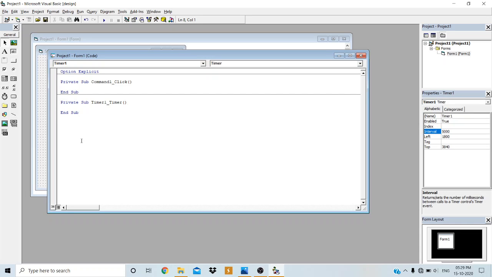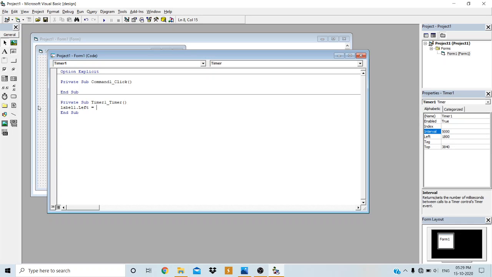Now see here, label name is label1 dot, what property I have to select to move from left to right? Label1 property called left property. Just observe here, label1 dot left is equal to label1 dot left,